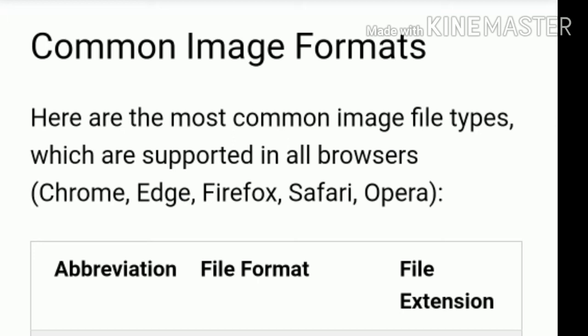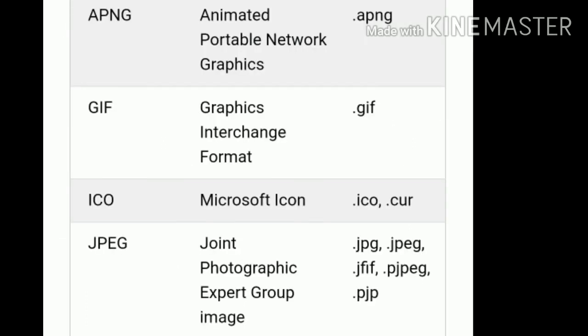After then you can go for the JPEG format. What is JPEG? Joint Photographic Experts Group images. It has different file extensions: JPG, Joint Photographic Experts Group images, and JPEG.